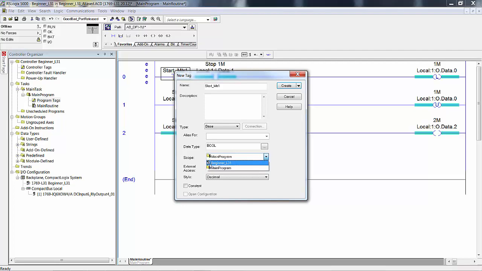So you see this little symbol, looks like a controller with a little arrow on it, and that's the name of the whole project, so to speak, Beginner L31. That's the controller tags. So you can pick the scope right here. Keep in mind, if we pick main program, the next time we come here, it's going to show main program. If we pick the processor tags, the controller tags, then the next time we come here, it's going to show the scope of whatever you picked last time. So we wanted you to pick main program